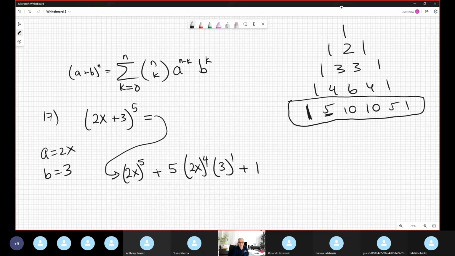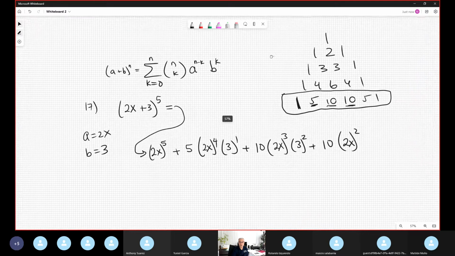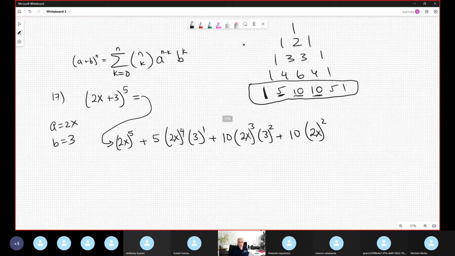What's the next thing? 2x to the third power and 3 to the second power. 3 plus 2 is 5. And 10 is that number. What's the next? 10 again. 2x to the second power: you are decreasing the exponent for the a, and you are increasing the exponent for the b. It is 3 to the given power. Plus 5,